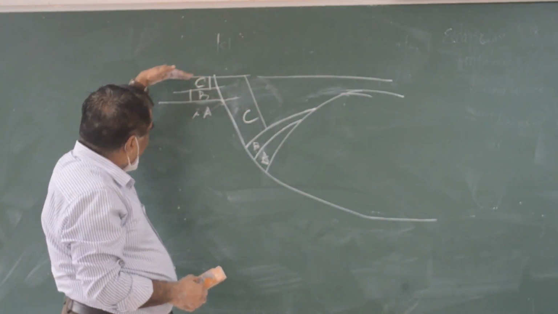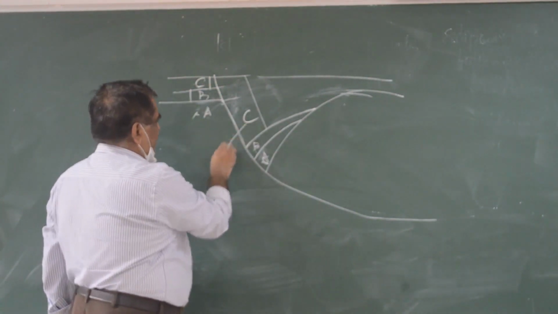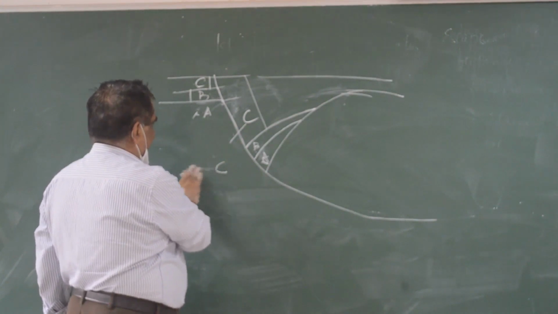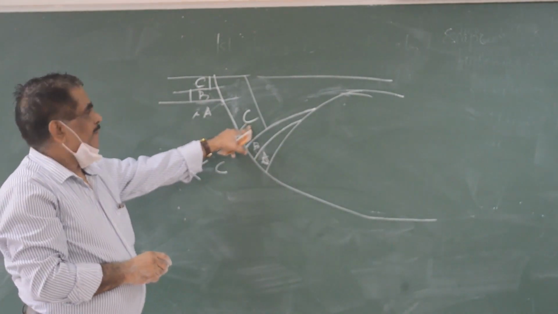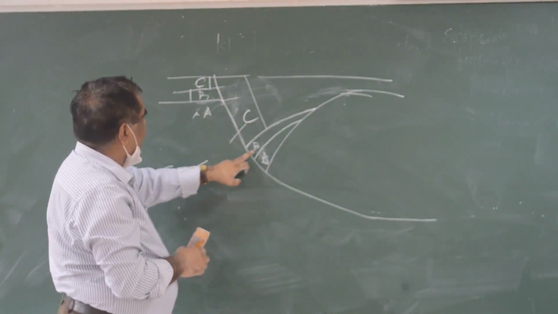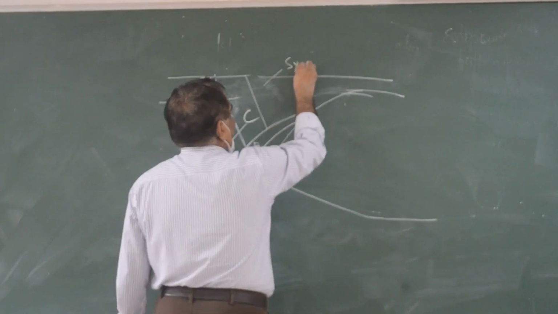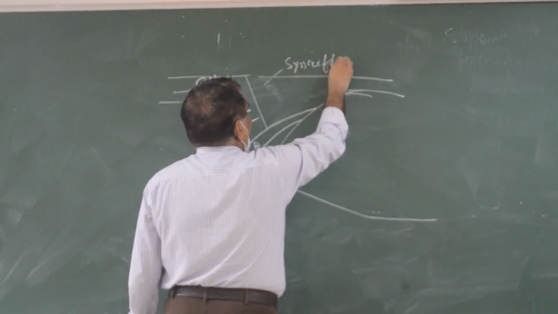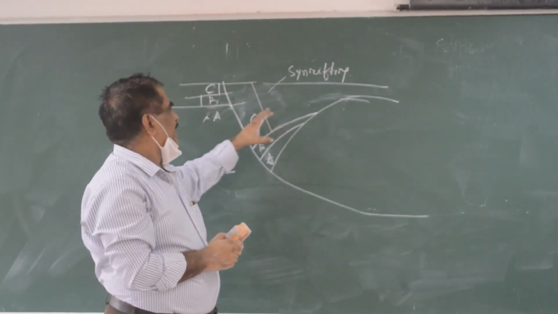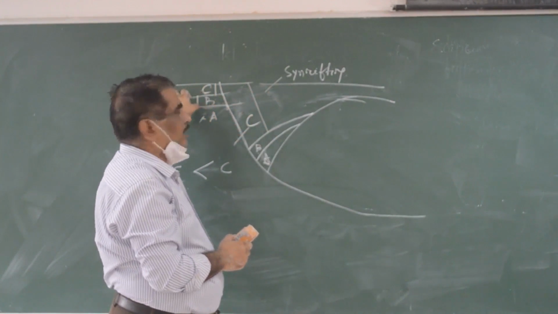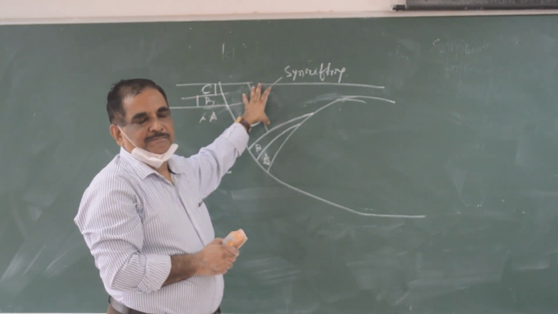But C is developing on the basement, on the other side of the fault. That is why this C and this C, this is of much larger thickness. So when these types of things happen, D thickness and B thickness are the same, but C thickness is larger. That is, the C bed, which is much thicker compared to the other side of the fault, then you say this is a syn-drifting sediment, a syn-drifting bed.